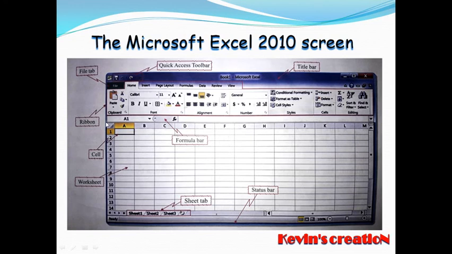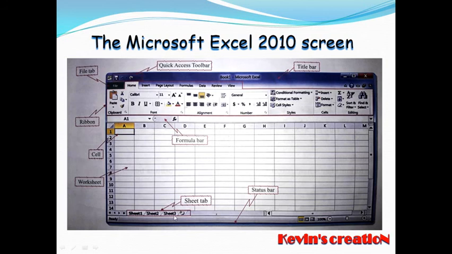But here some differences are also there. For example, this formula bar is not there in MS Word. This grid, the table which is made up of columns and rows, that is not there. These rectangular boxes called cells are not there.